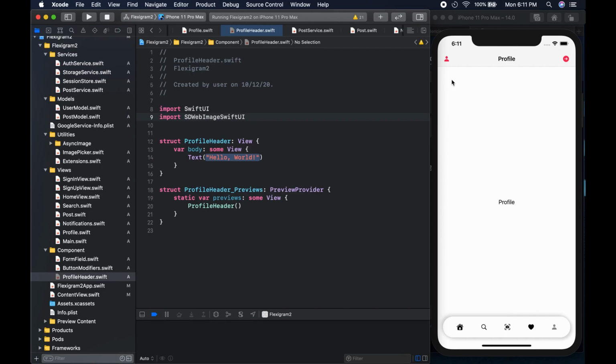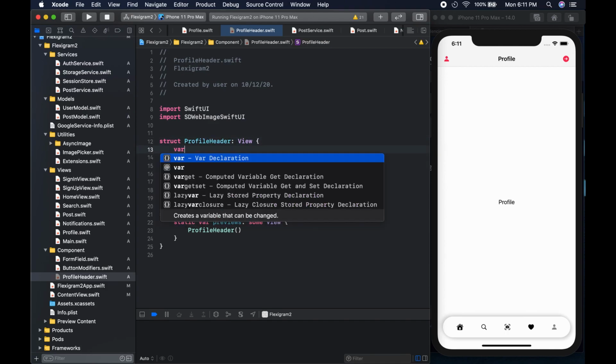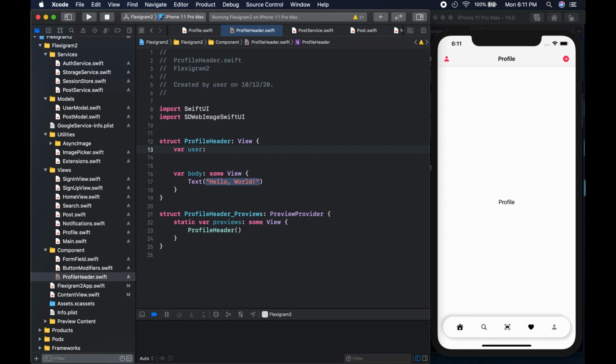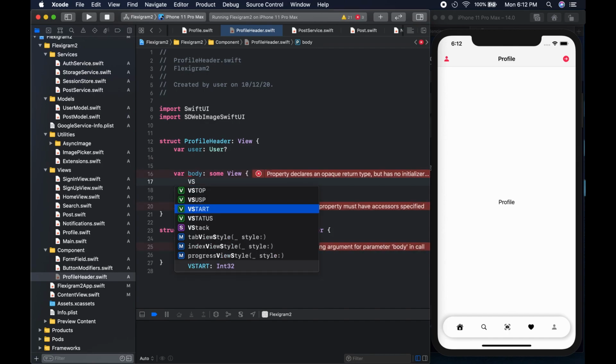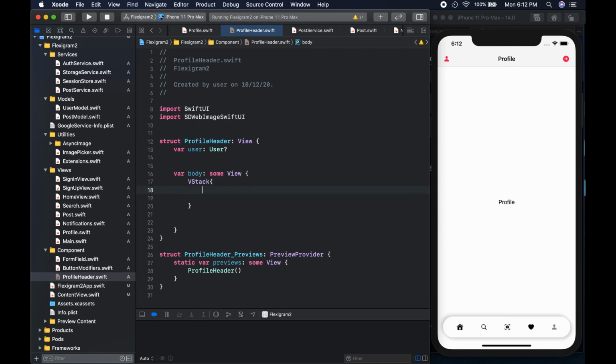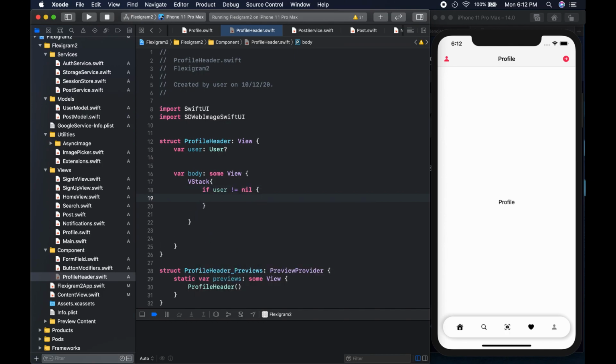Okay, so what we need to do is the small avatar of the profile, the profile image, right? So the first thing we need to do so that we can get the right avatar is to get a user, right? So we could say var user, and the user is going to be of type user, like so. And we are going to go into the body, and what we're going to say is we're going to put a VStack first, like so. And in the VStack we're going to check if the user is not equal to nil. If the user is not equal to nil, we are going to use our web image, like so,